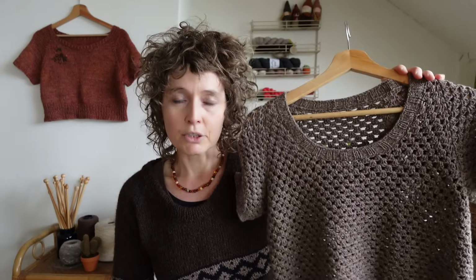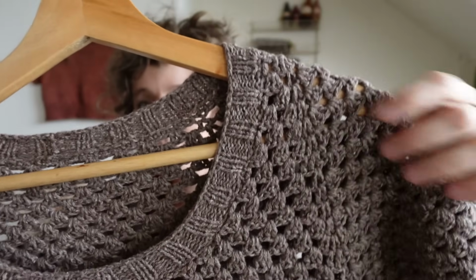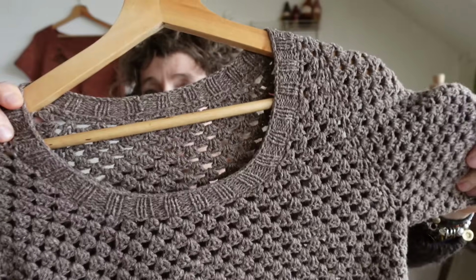And her construction was different. You have the same raglan construction. Can you see the raglan line right here? It looks different than in knitting. This is the granny stitch. The same raglan construction, but instead of